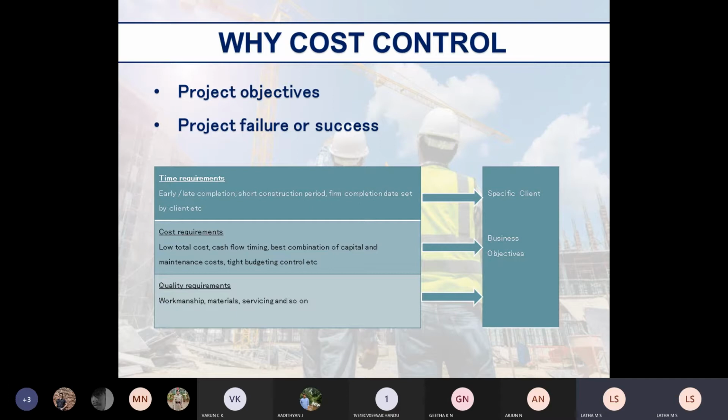Then I have to think about whether the project will be a success or a failure. Two things have to be kept in mind: at first, the project objectives, and project failure or success. Depending upon the objectives I frame, within the period and within the estimated cost, I can say the project will be a success. And if the project objectives are not satisfied because of financial issues, it is declared a project failure, because the money is not sufficient to complete the project finally, right?